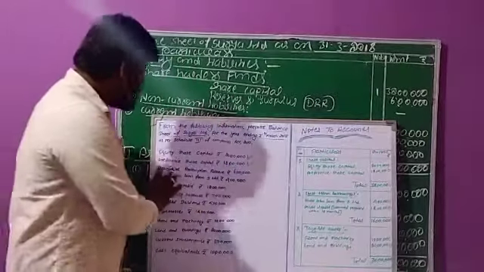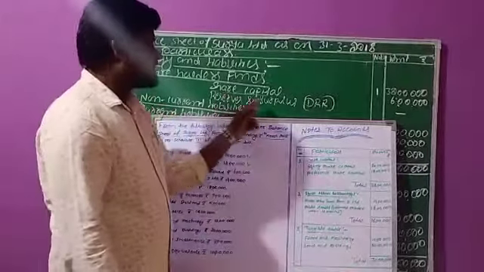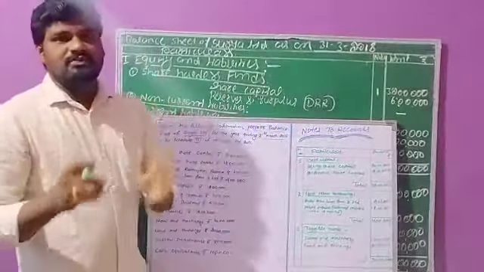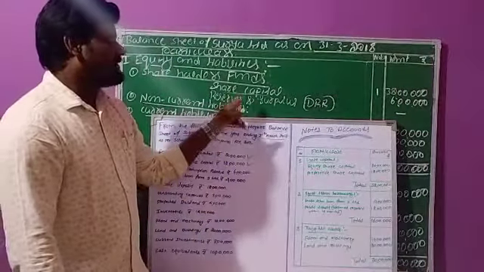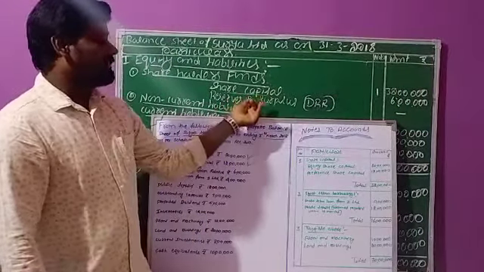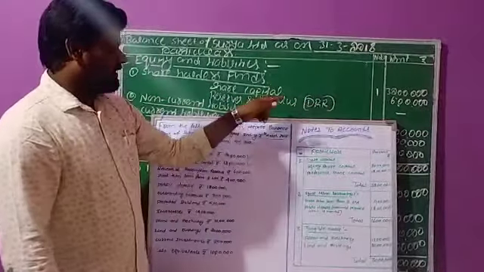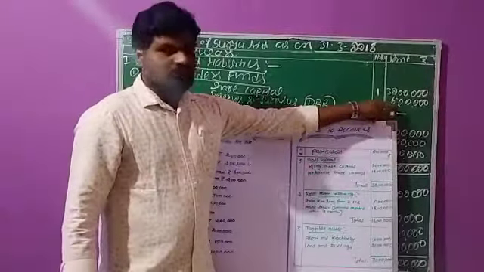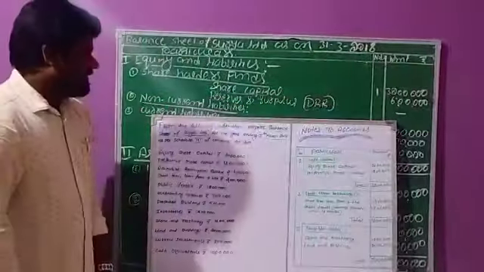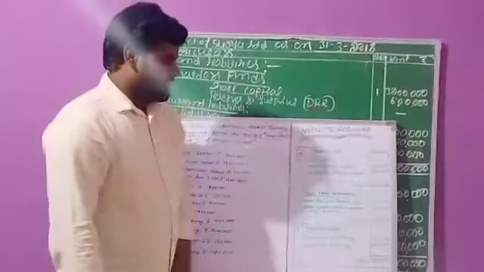The next one, debenture redemption reserve. Reserve is reserves and surplus, right? Debenture redemption reserve is also one type of reserves. These reserves we can call reserves and surplus. Under reserves and surplus, we can record debenture redemption reserve directly. The amount is 6 lakhs rupees. So these are the two transactions available for shareholder funds.